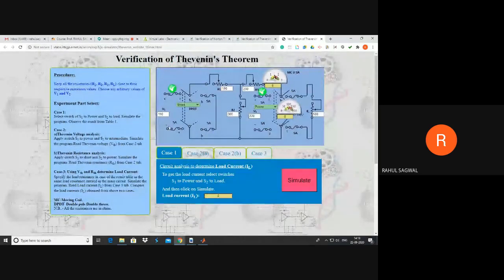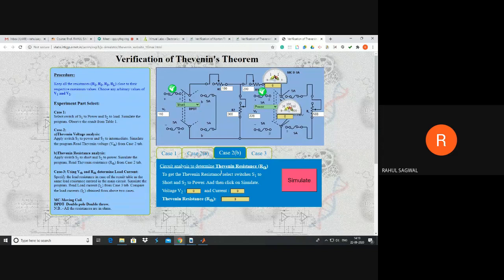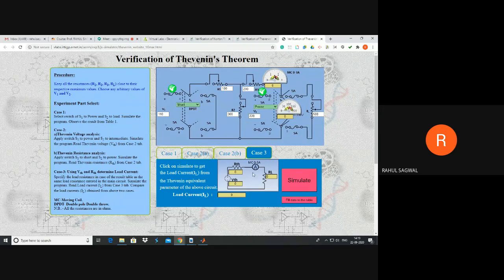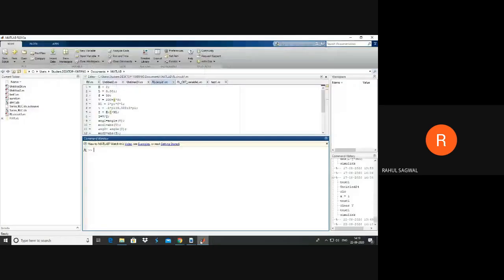The reason behind why I showed you this virtual experiment, as we have already conducted it: one reason is you'll be getting a quick revision of it, and second, we'll be making a circuit similar to this one in our MATLAB Simulink. Okay, so we'll be creating a different circuitry for case 1, which is the original circuit. Second, for this case where we'll be calculating VTH. Next, for this where we'll be calculating RTH, and the final circuitry which will be having the equivalent circuit. Okay, so let's start on MATLAB.